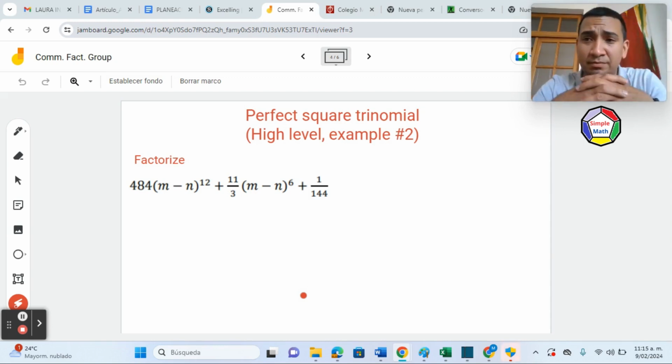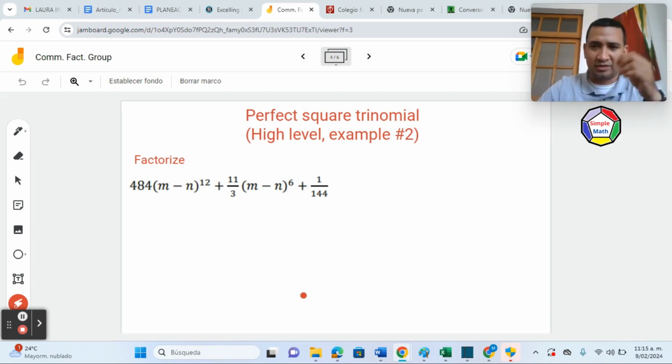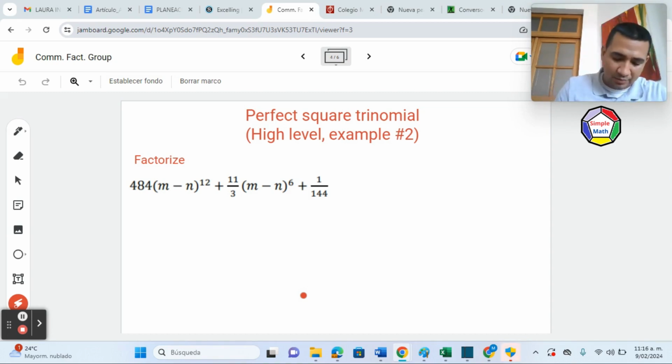Remember, before solving, we need to check if the trinomial is perfect or not. Despite the title of this video being perfect square trinomial, we have already known that this is a perfect square trinomial. We have to check. Let's check this. So remember the conditions to check if a trinomial is perfect or not. The first term and the last one must have square roots. So I'm going to take the square root